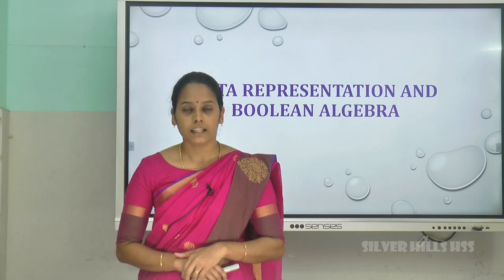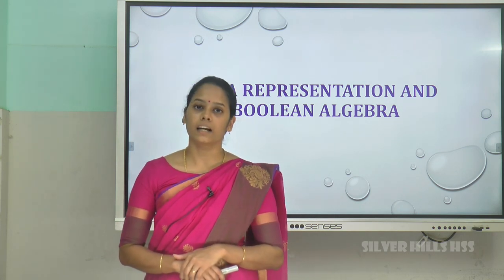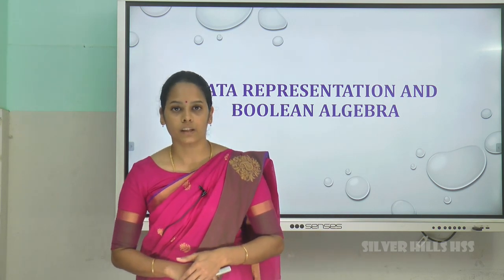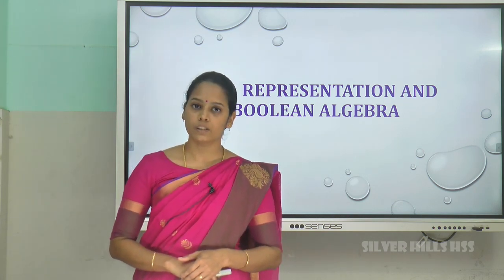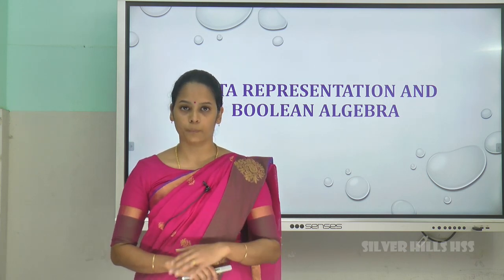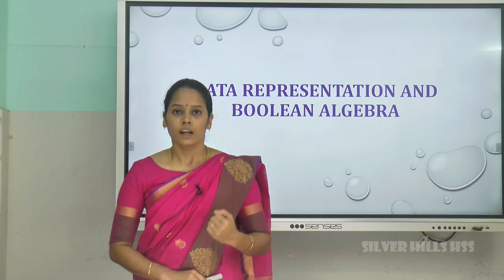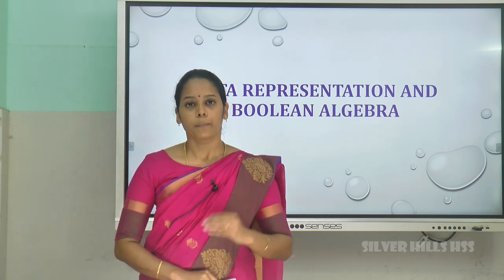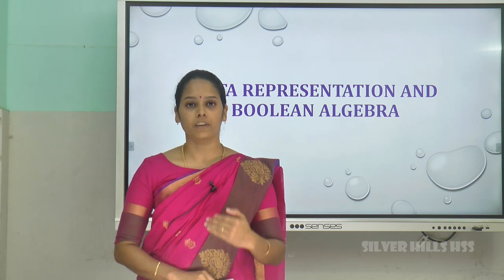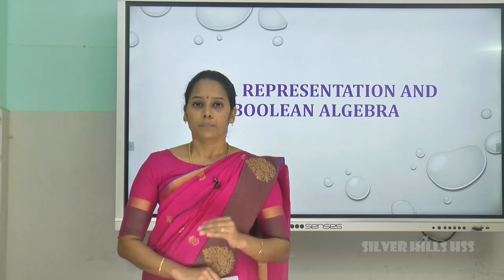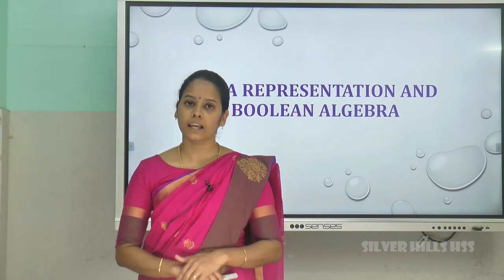So we can say that a computer is a machine that can understand only one language, and the language is binary language, the language of zeros and ones. On represents 1 and off represents 0. Normally we use various languages to interact with the computer, but all the data items that we give to the computer should be transformed into binary form. Then only the computer can understand that.